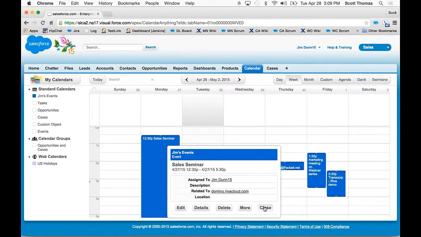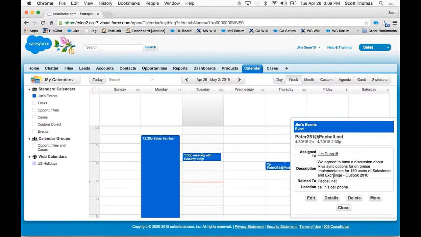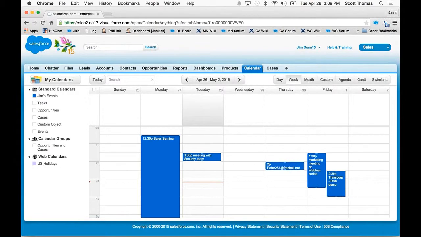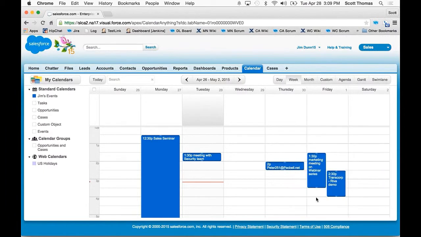So I can not only see information on here, but I can also edit these things right here, and I can change fields, and you have complete control over which fields are showing up here. These are the calendars that we have here in this particular org, and you can see I have calendars that are showing events, but I can also overlay other